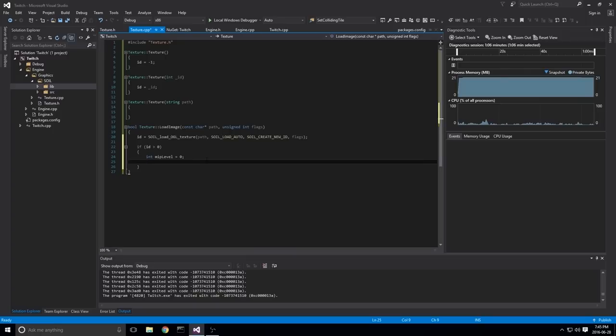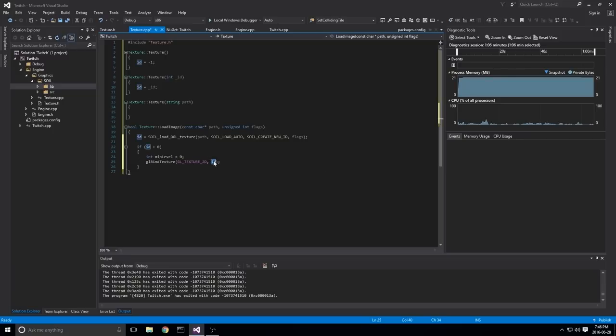So now that OpenGL knows that, again, SOIL did all the work for us, before we try to get parameters from this texture, which are going to be the width and the height, we're going to have to let OpenGL know which texture we're referring to. And this is what I mean by we have to track these IDs. We're going to call this GL bind texture, and we pass in a target and a texture. Our target is what GL target we want to bind the texture to, so we're going to do GL texture 2D. That's what we want to bind it to. And what we're actually binding is a very specific texture. It's our ID.